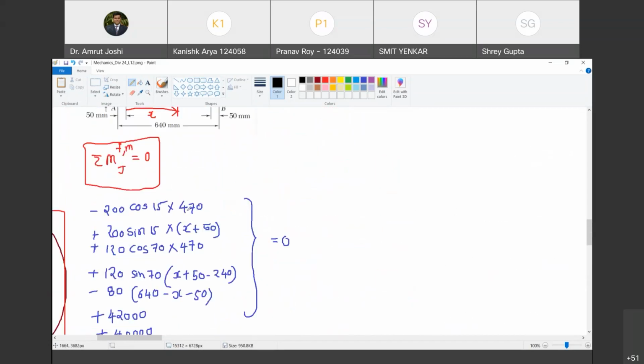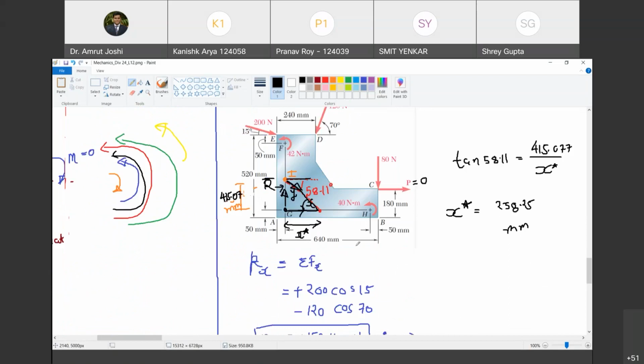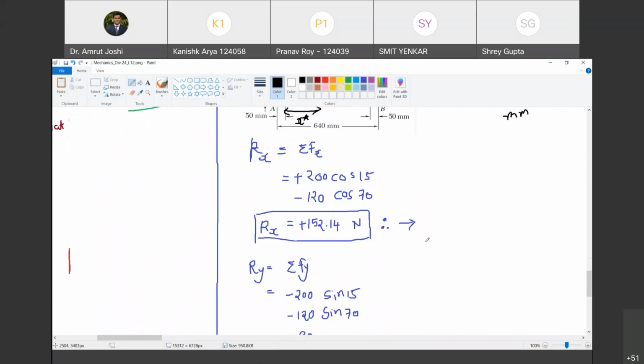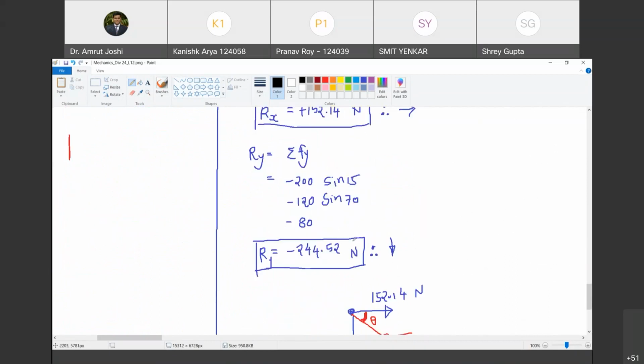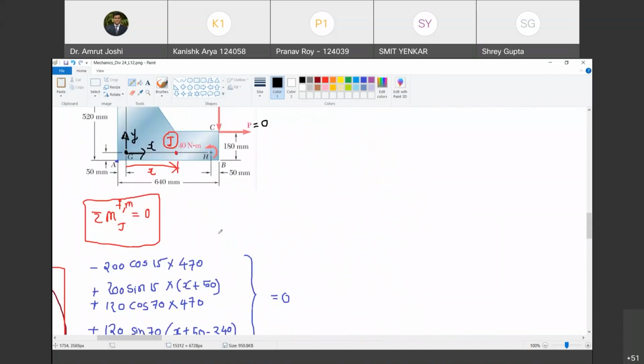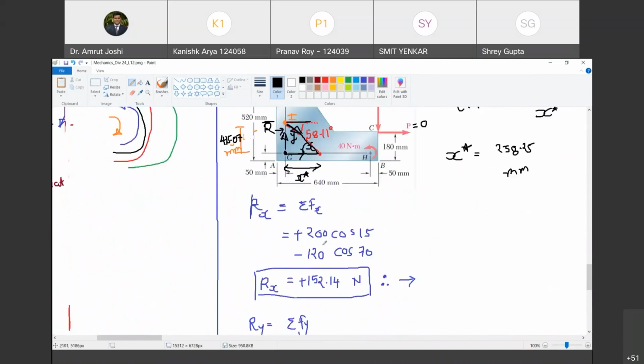Now just give me a second. Now we have made some mistake here also. What I want, I will tell you. This value has to be exactly equal to this value, 227.14. So either we have made some error here in calculation of R and theta, or we have made some error here. So it is easy to check calculation mistake in here first. So let us do these calculations quickly. Are you with me? Yes, sir, with you.